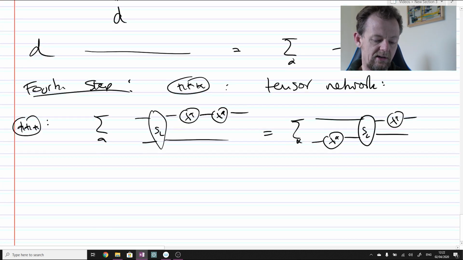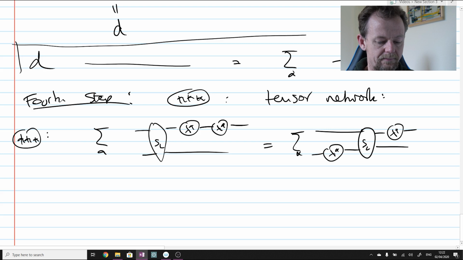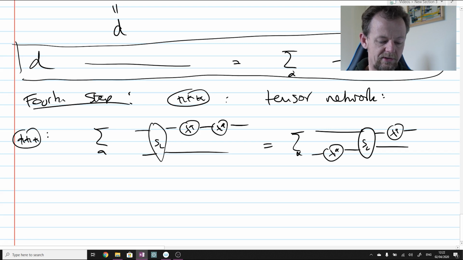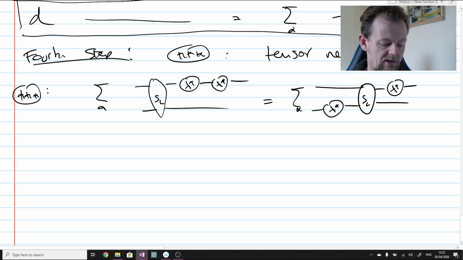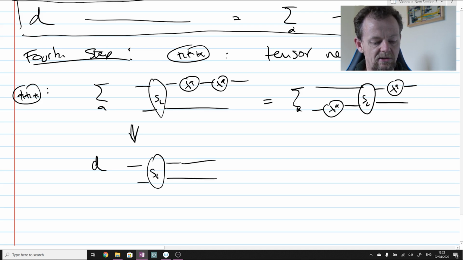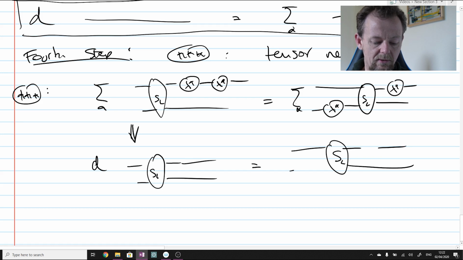Now, applying the identity that we've just derived here, and also the swap identity to the right-hand side, will give us a pretty neat expression. Just applying the identities we've already derived, we'll learn that D times S2 times the identity, because when you sum over lambda alpha twice, you get D times the identity, has to equal something here. And we've got to sum over lambda alpha twice, and we're going to apply our first identity